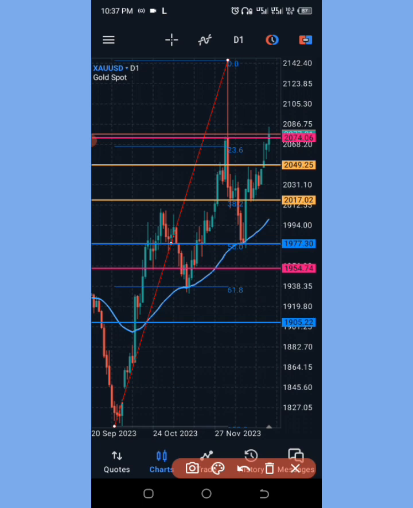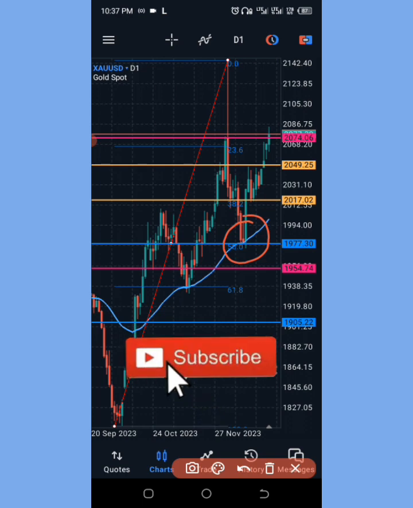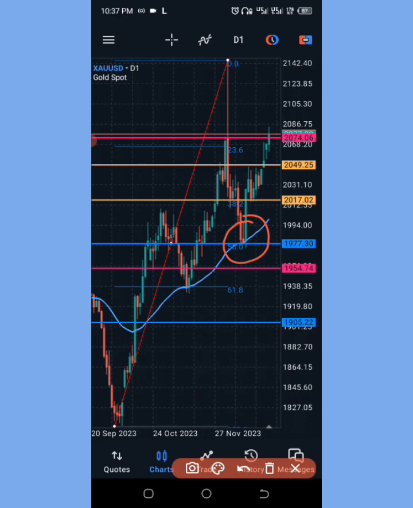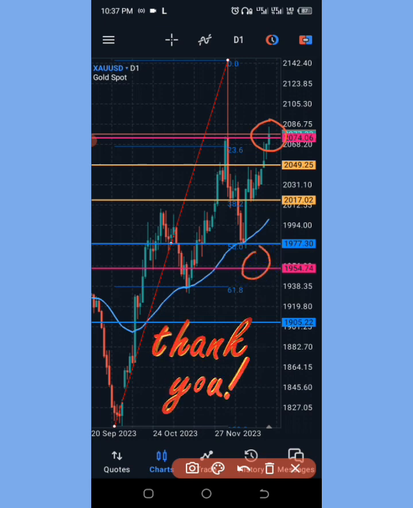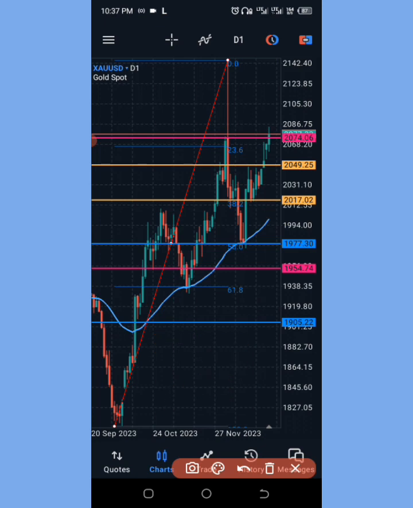So what I try to show you here is confirmation. At this particular area here, you can see the point that I proved to you now, that the market respected that particular area as an area of confluence. So as it is now, I'm waiting for a bounce on this my weekly line, the red line, as you can see. That is what I'm waiting for. So when I see a bounce on this, the market is calm now. When I notice a bounce there, I'm going to hop in only with the help of